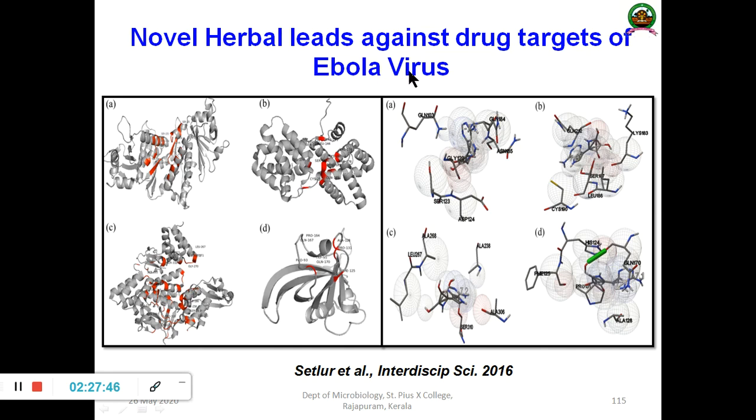Then similarly, at the time of Ebola, myself and my students worked on Ebola proteins. We identified some of the target proteins in Ebola, and they play a very active role in the Ebola virus. Some of the proteins did not have structures, some have structures, and whatever is shown here, it is a binding site we have predicted, and some lead molecules we identified using a database, which we have shown over here. Okay, and the best docked pose here, and the MD simulation we have done, and we reported that in 2016